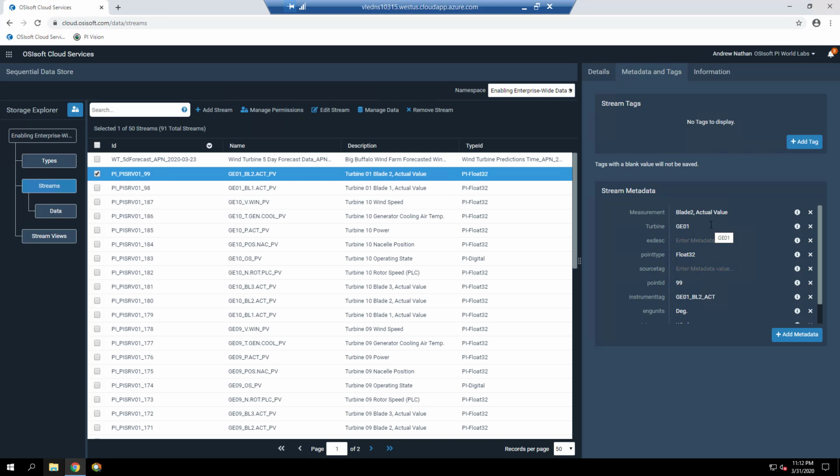Stream names which follow a specific pattern are more applicable to the creation and use of metadata rules. The flexibility and complexity of metadata pattern definition will be further extended in future OCS versions. In the next section, we will create data views using the assigned metadata for our data streams in OCS.